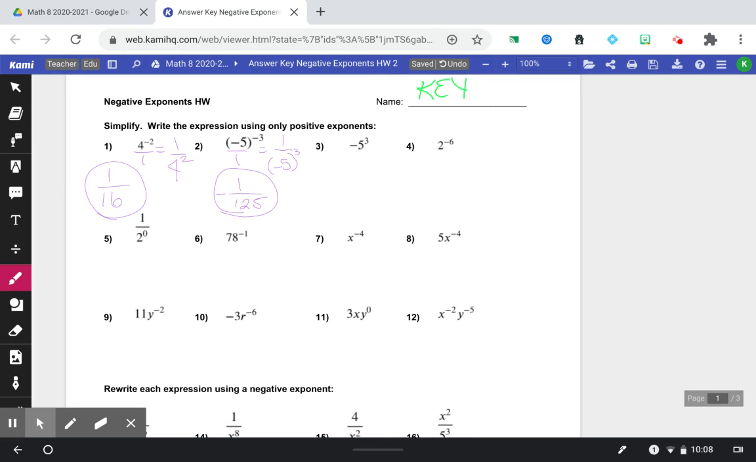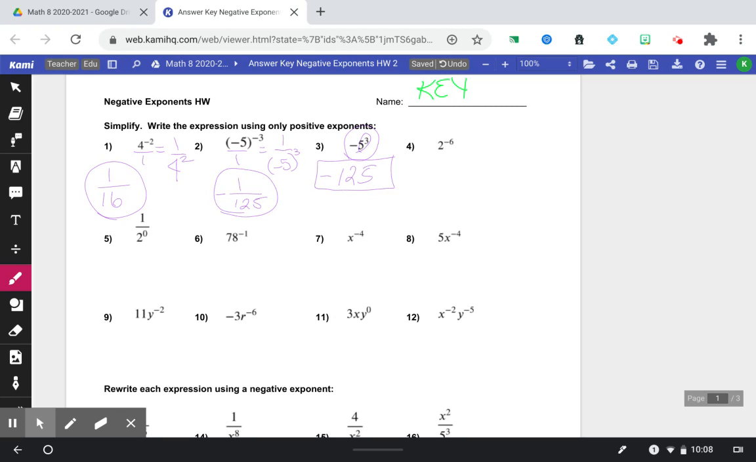Okay, number 3. So this one was designed to trick you. Remember, the integer or the base is actually negative in this case, not the exponent. So we're not going to do any flipping. Don't let that negative trick you out in front. So I would accept if you just left it like this, or you could do the math here. You could do 5 to the third power, which is 125, and then make it negative